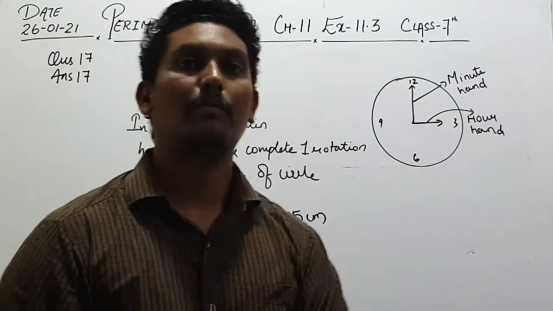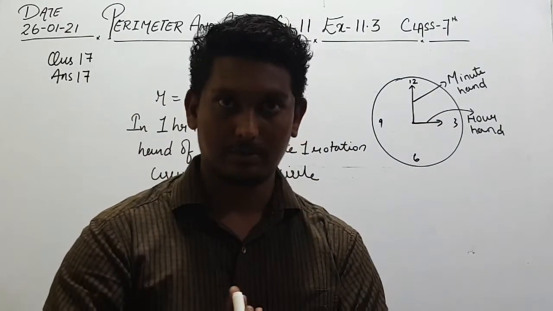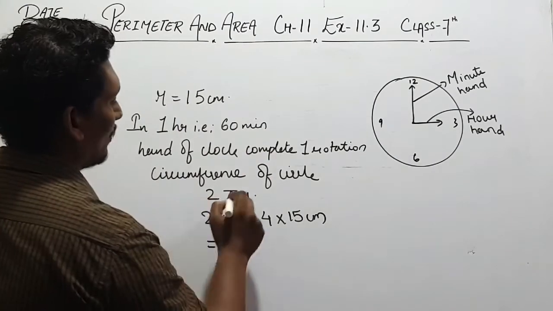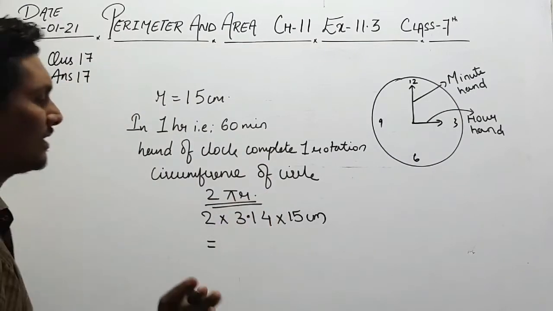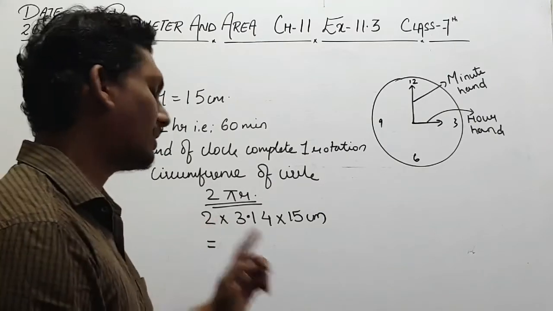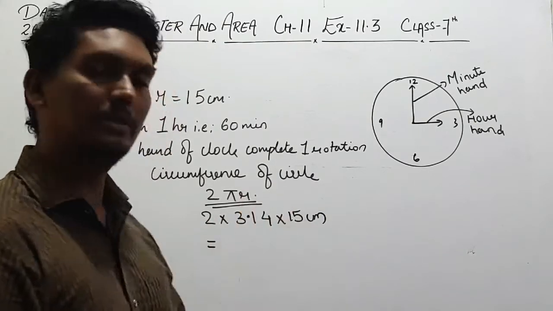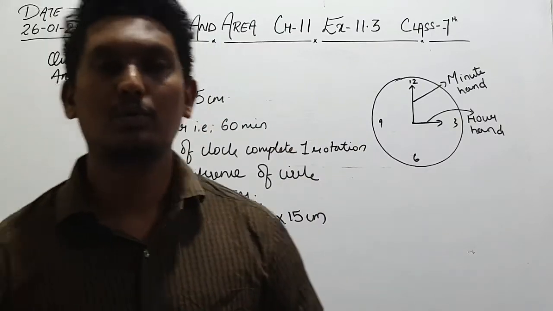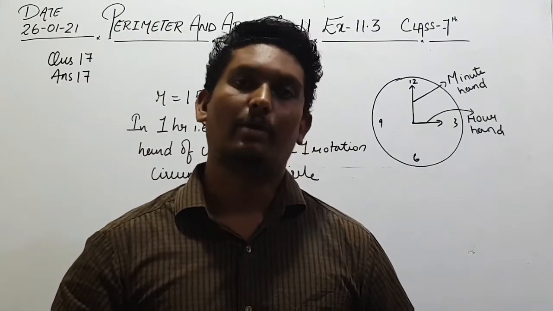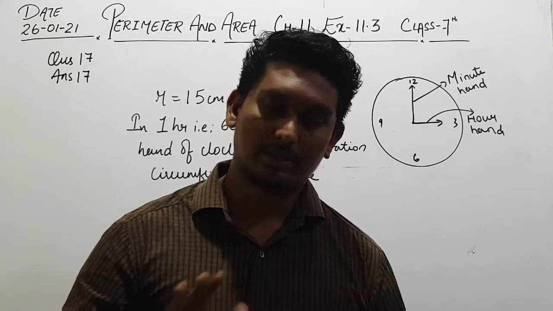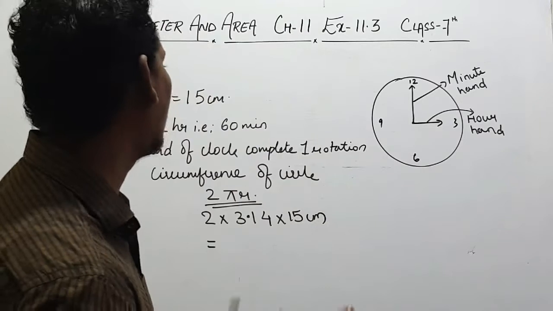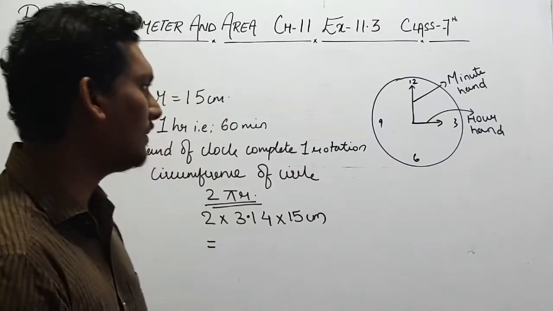Okay, so here we have to find out the circumference. The formula is 2 pi r. The question is very simple. The value of 2 is given, the value of pi is given, r is also given to you. You just have to do the multiplication and write the answer, right? That's what you have to do in this question. Not so tough, it is very easy.